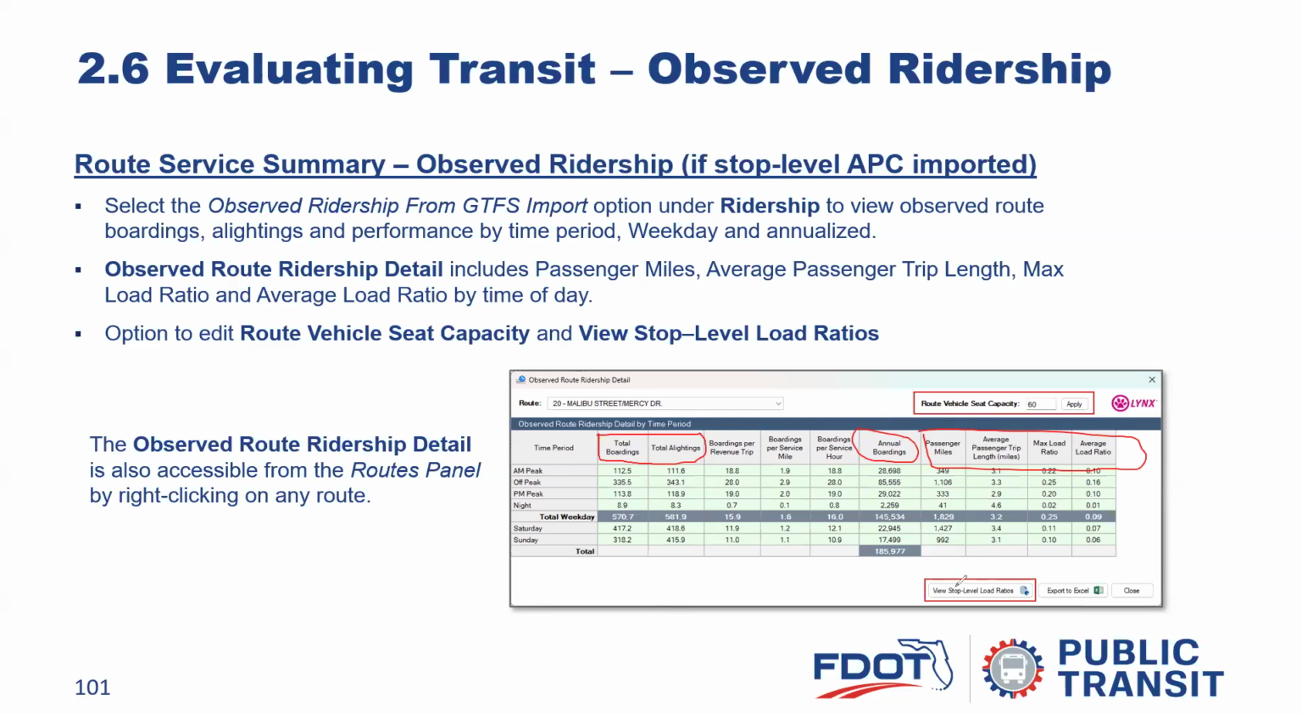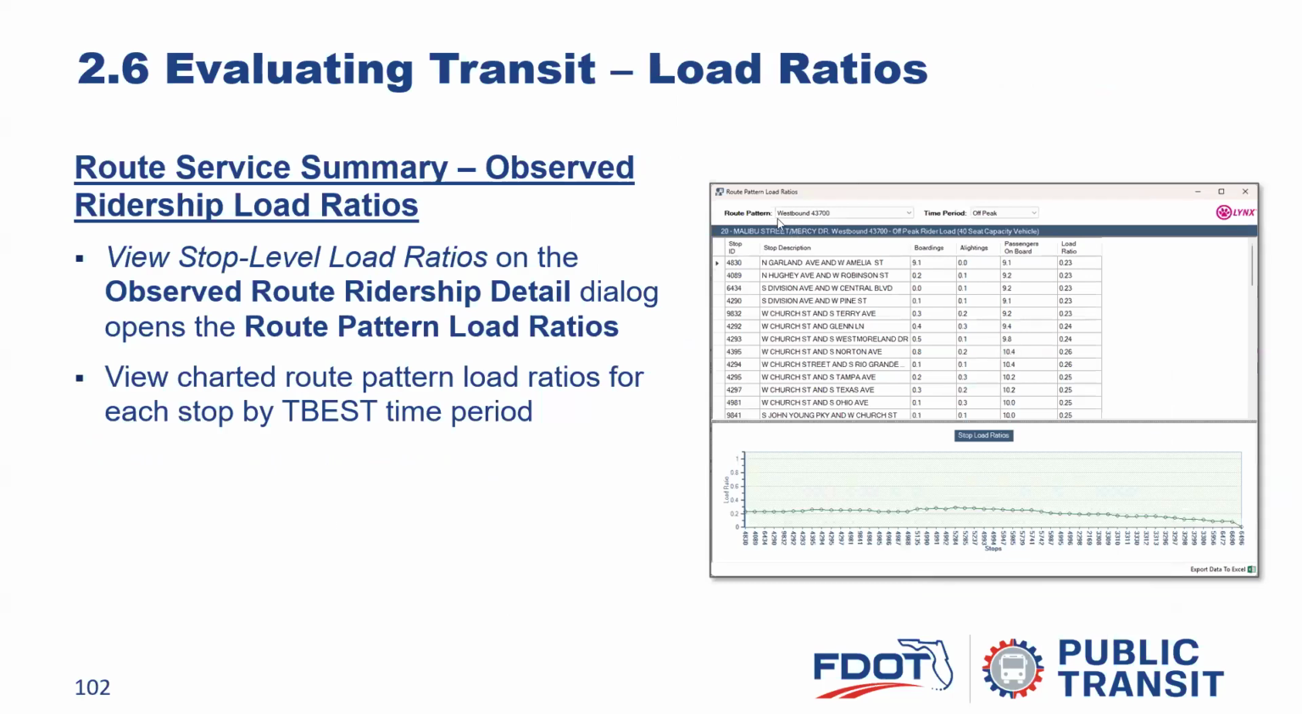All right, so you can click this View Stop Level Load Ratios button right here. And when you do that, clear this and go to the next. You get to see the individual boardings and alightings for every stop. So we'll just illustrate here again. So here are the boardings and alightings. So this is the first stop on the list, sorry, on the route. It corresponds to this stop in the graph,